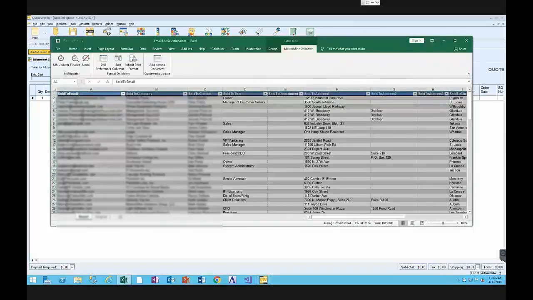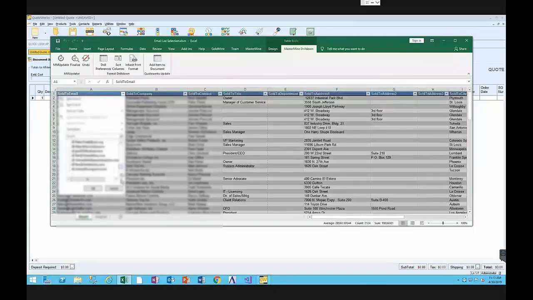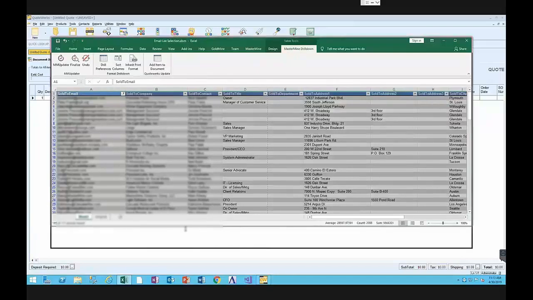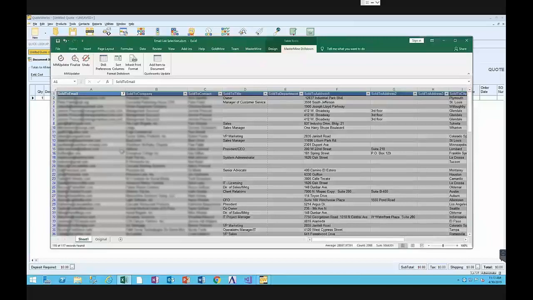Now in this case, I probably want to leave off the ones that I don't have an email address for, so it's, again, easy to just turn those off. And there's an email list. And it's in Excel, just the same way that you normally send it up to Constant Contact or however you do your email marketing. This is just one example of a hands-on way of managing QuoteWerks data